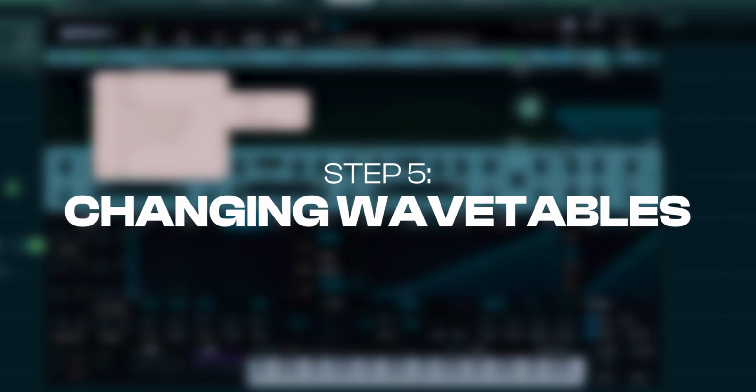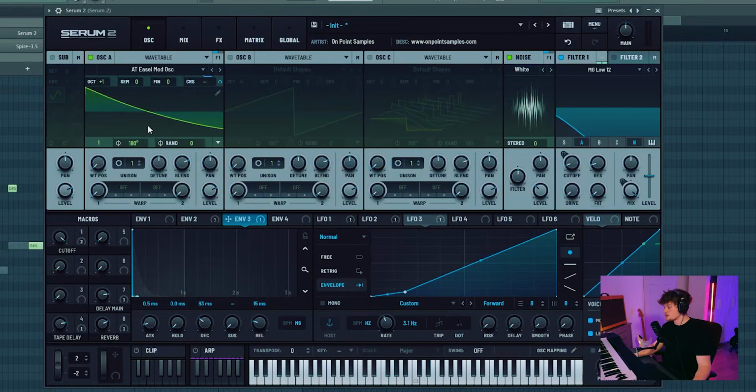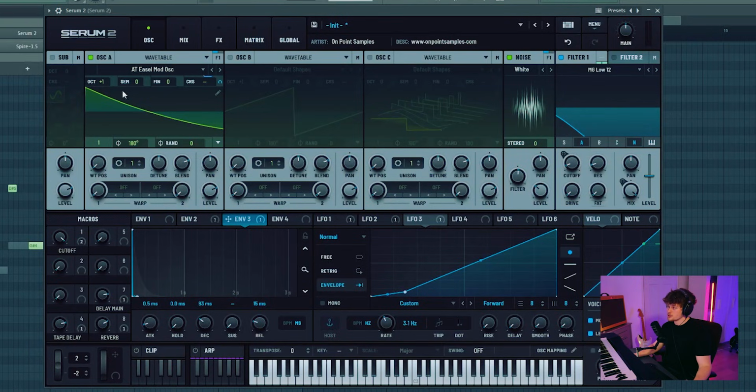Now we've kind of dialed in the Euphoric lead, but we're not done yet. You can take it to the next level by taking the Serum 2 wavetables and then changing it to something more analog, because it's going to add these kind of imperfections and artifacts. The waveforms are way better and they sound better, because listen to this. It's still sort of a saw wave, but